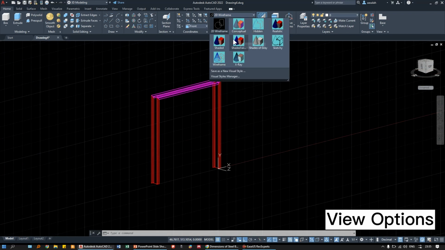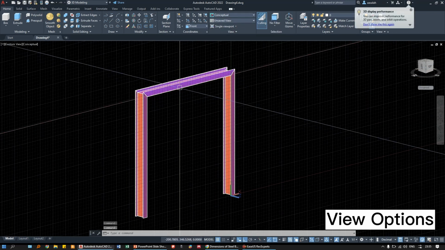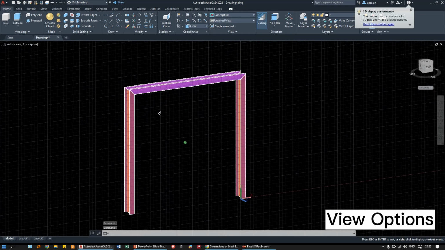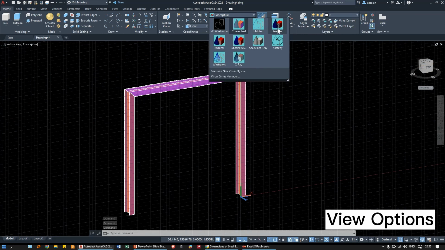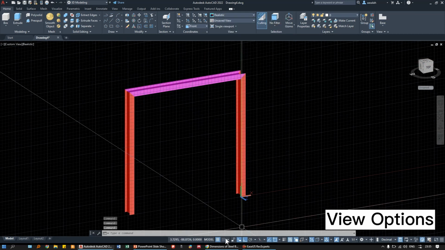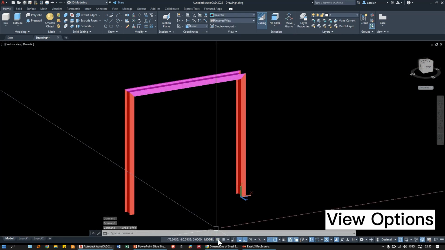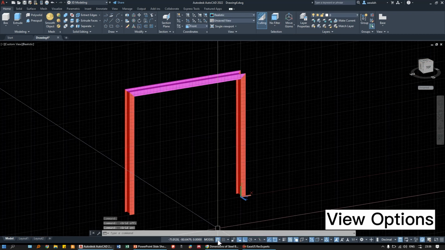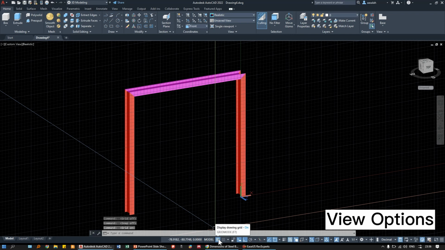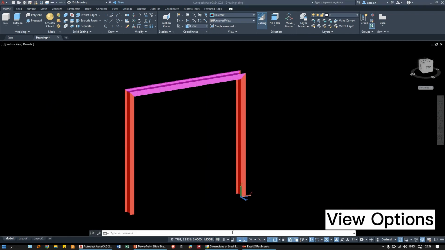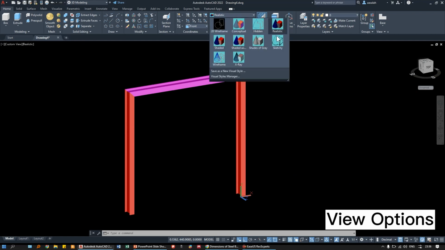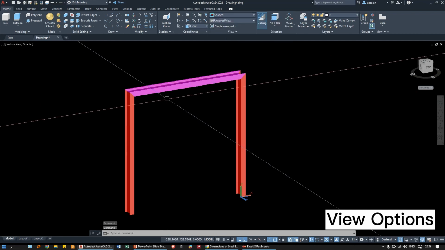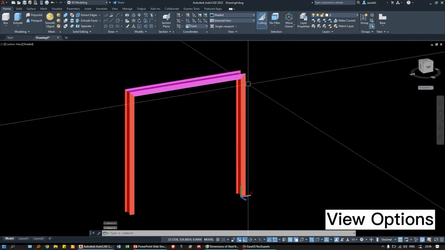So the conceptual style normally shows you this, which gives you an idea about your dimensions and colors. The realistic is the most accurate one. I can hide the grid so I can see the model correctly. You can always show the grid, as you see, by clicking. So that was the third option, which is realistic, and we can do the shaded one. You can show the shades,